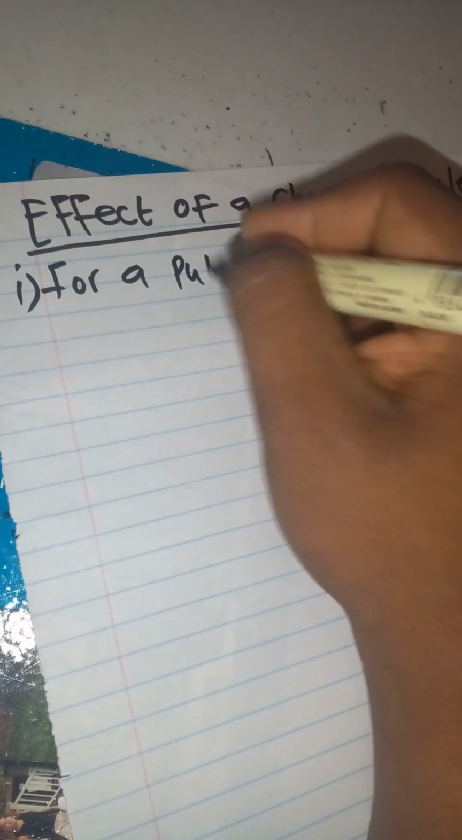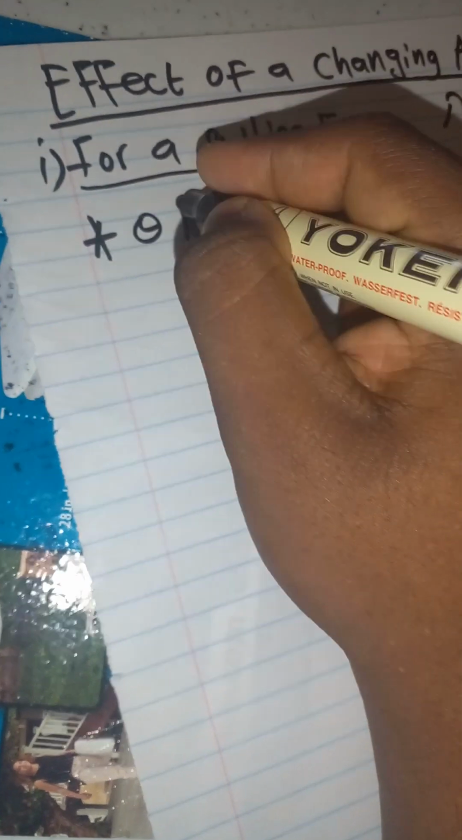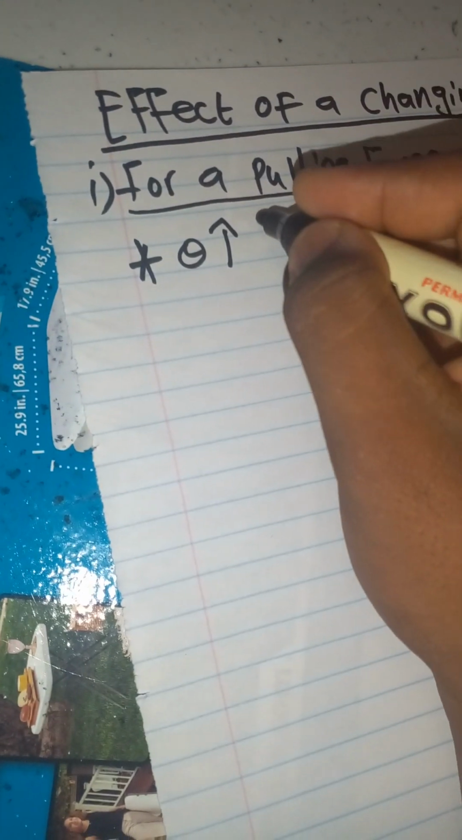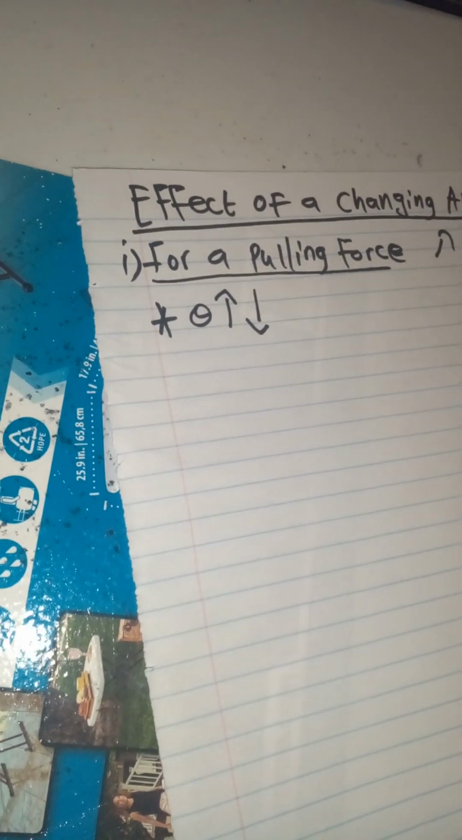For a pulling force, which is like this, going upward, what you have to know about the angle is this: if the angle theta is increased, the normal force will decrease, since the normal force is directly proportional to the frictional force,